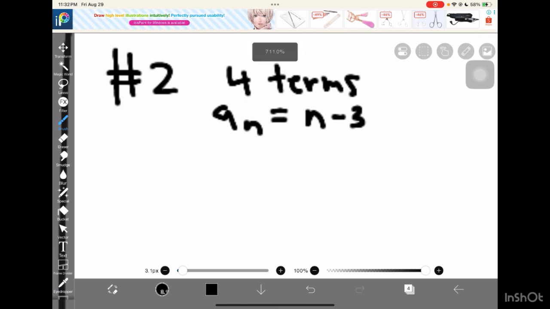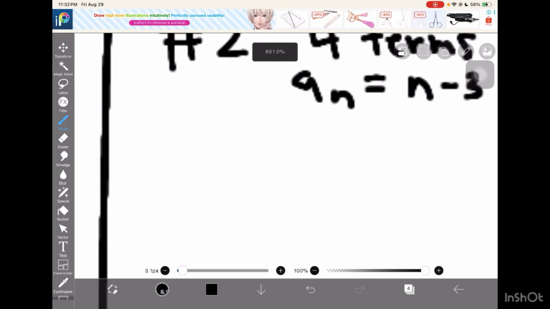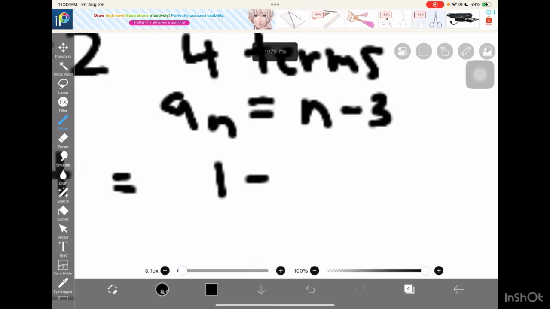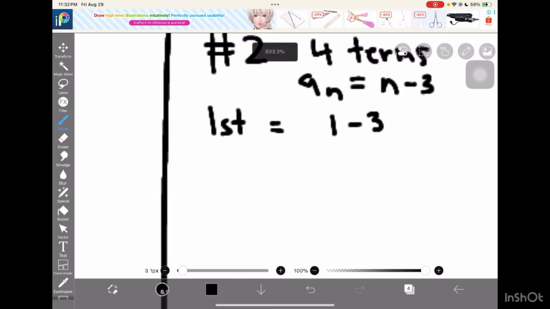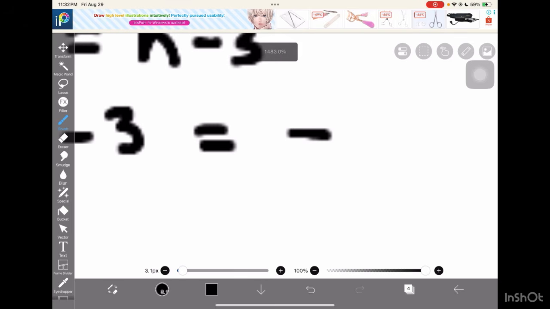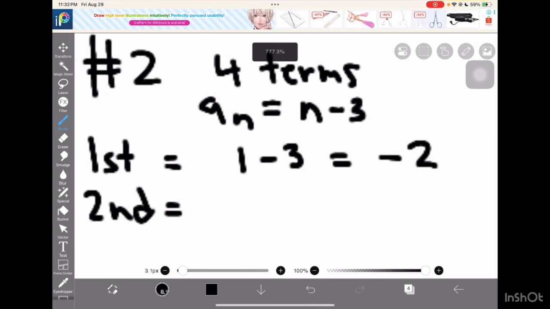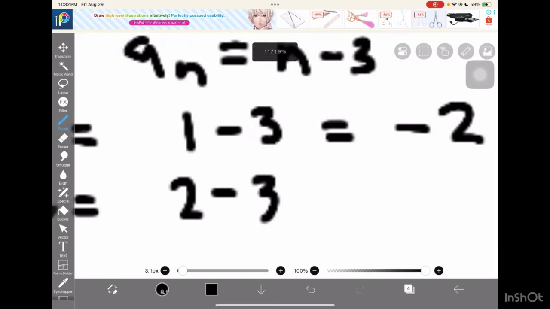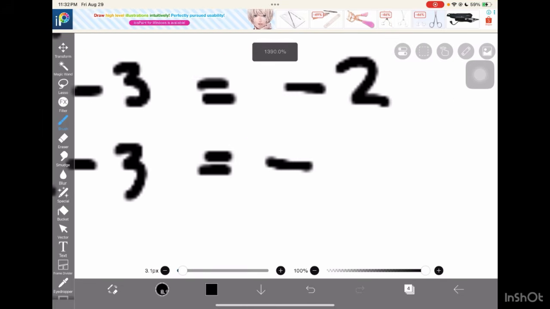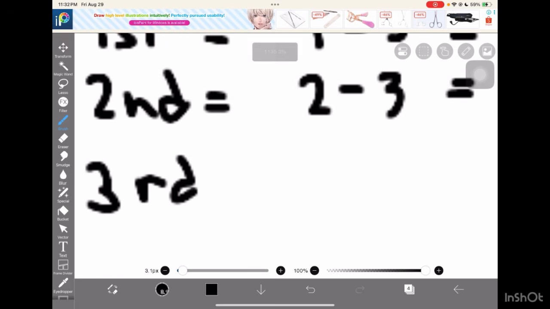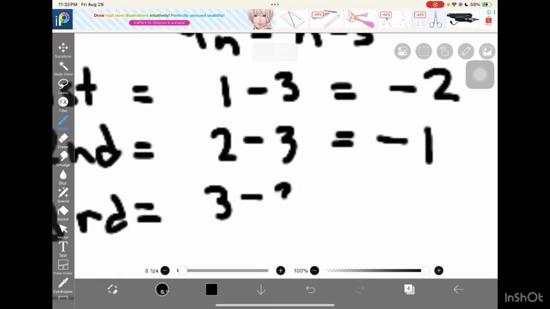So we generate a sequence by simply substituting the numbers 1, 2, 3, and 4 into this equation. The first term is equal to 1 minus 3, which is negative 2. Second term, 2 minus 3, that's equal to negative 1. Third term, that's equal to 3 minus 3,